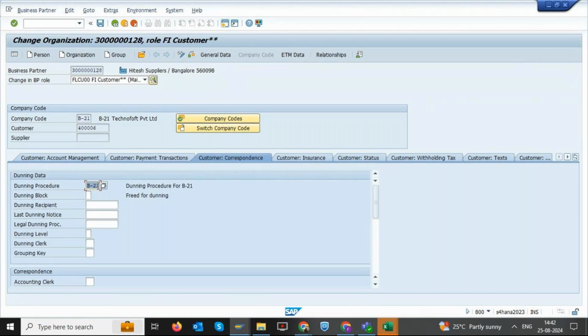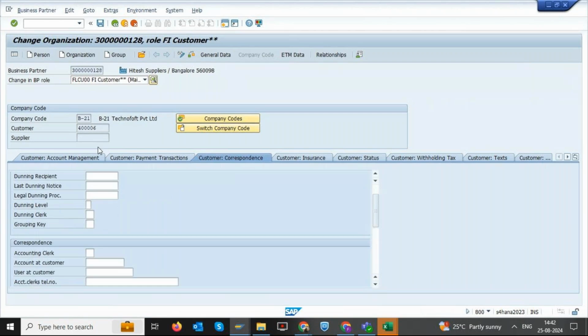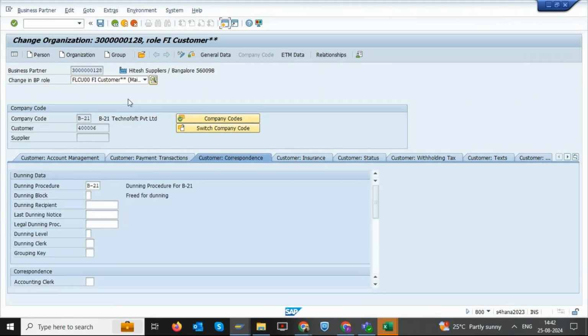According to that it generates the letter. Some customers may not be required to come under the dunning procedure. We don't need to remind them because maybe they are a prestigious premium customer. Then we don't need to assign, so that they cannot come under this scanner of dunning. Save this. Once this is done,